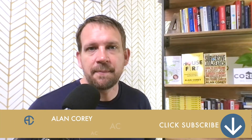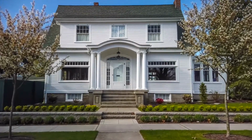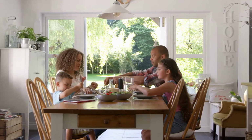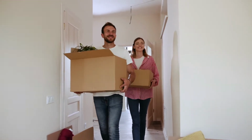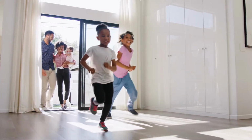Well, when you're out house shopping, you usually come across three scenarios. One, the house is already vacant and you buy it that way. Two, someone's living in the home, but they will vacate prior to closing. Or three, there's a tenant and a signed active lease in place, which conveys with the property, which means when you buy the property, you have to honor the lease that's already in place. Now I'm going to run through the pros and cons of that last opportunity of buying a property that has